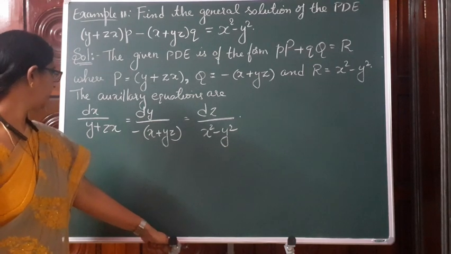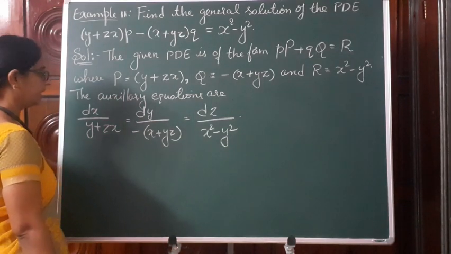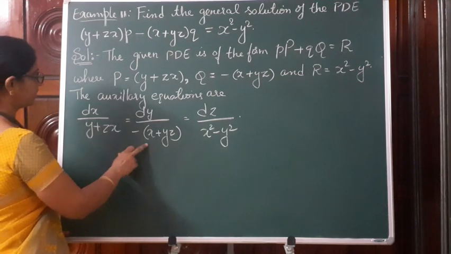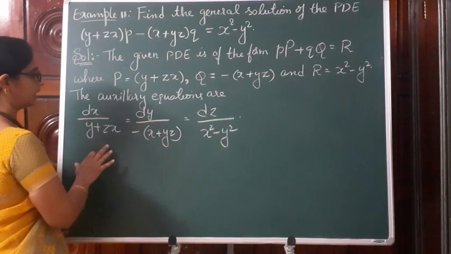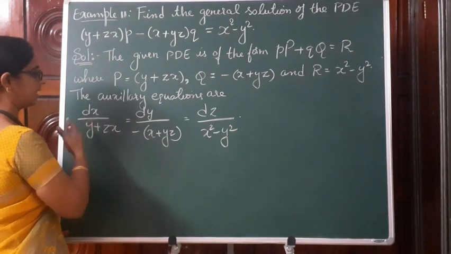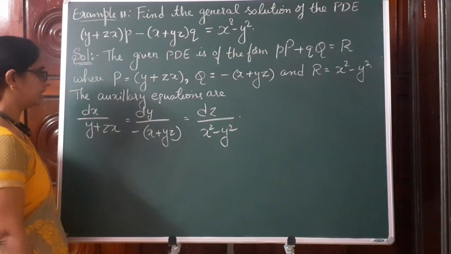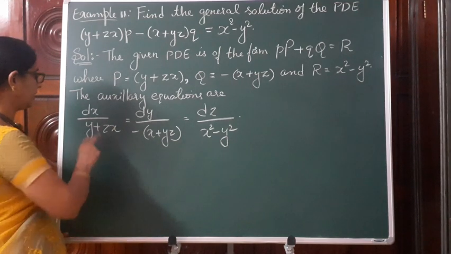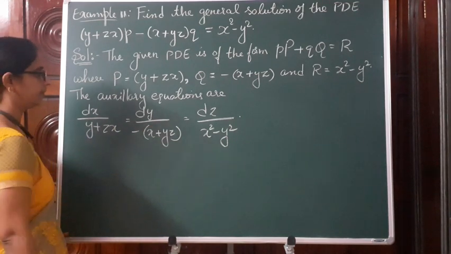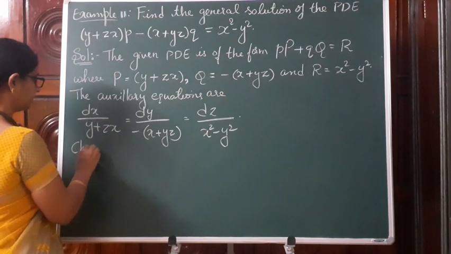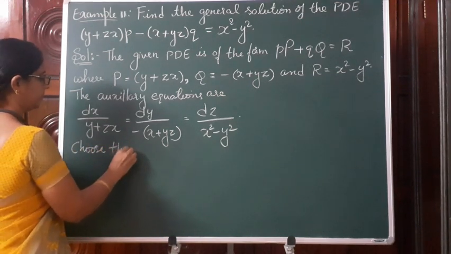Can we group any of the two terms and directly integrate to find the solution? I think there is no such possibility here because the terms cannot be cancelled and variables cannot be separated to integrate. So we search for multipliers. So think about the multipliers for this auxiliary equations. First set of multipliers. Choose the multipliers